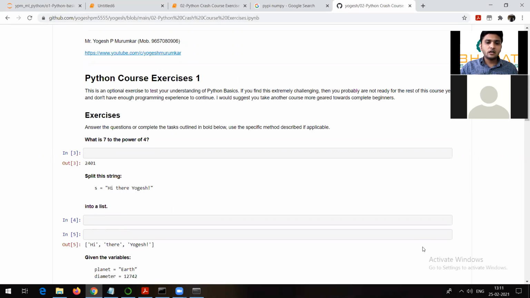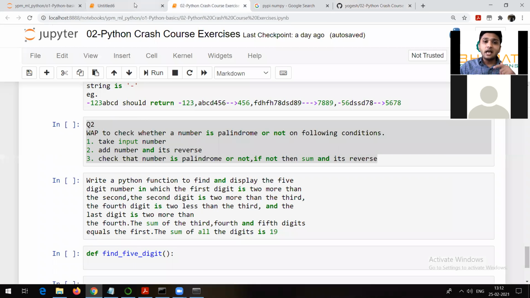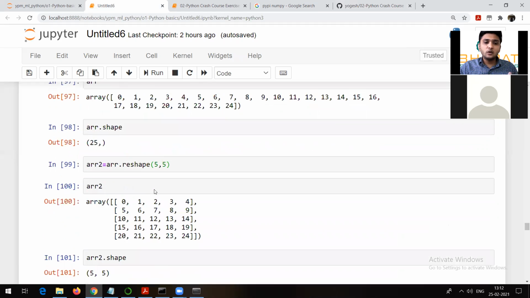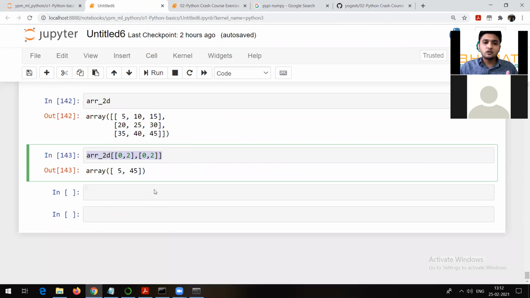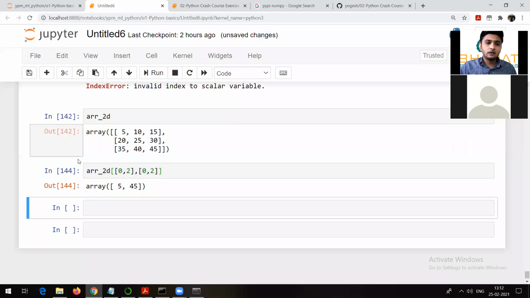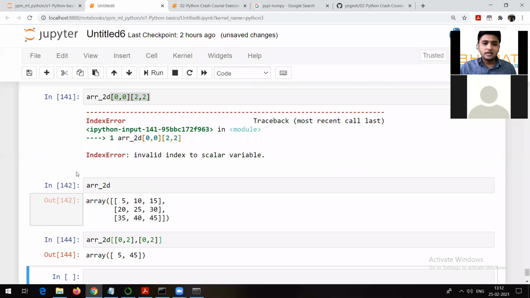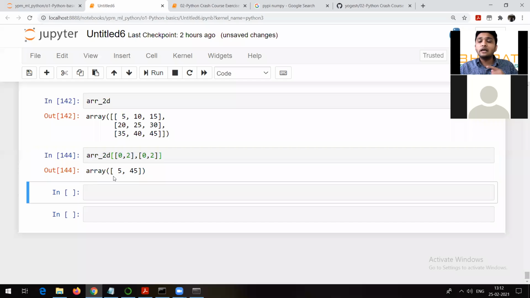What is the meaning of star in place of the cell number? Star, what do you mean by star? Star means it is executing. Whenever we execute any line, first of all it shows a star. When I run this particular line, for some time you will be able to see a star here, and after that you will get some number. As the execution was very fast, that star was not visible. Star means it is in execution mode. I hope that answers your question, Asha.